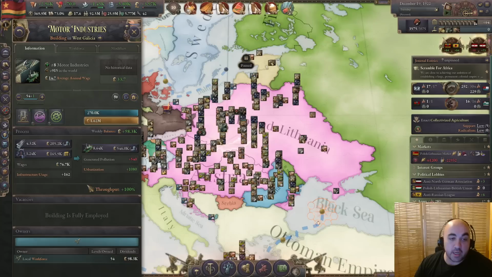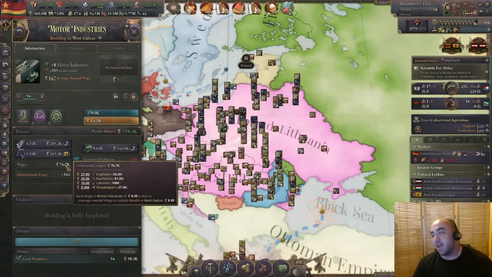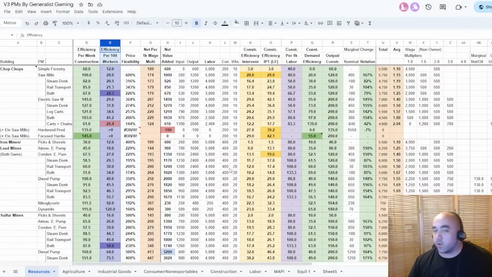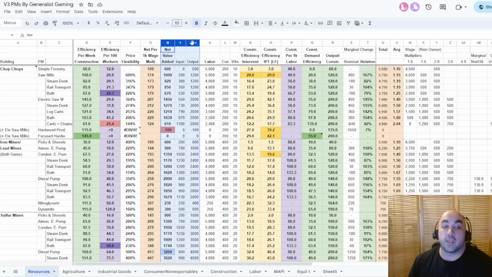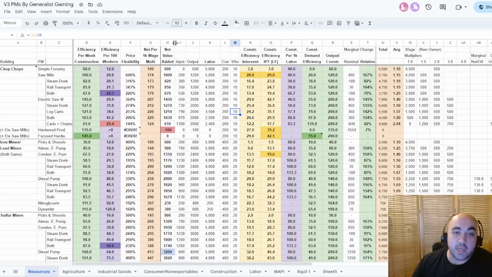And so we can see here this building is generating roughly 75k worth of value. For the spreadsheet, the way we are going to be looking at things is, the very baseline of evaluation is that we are taking a look at things from their inputs, their outputs, and their net value added, and then we are filtering this through a lens of things that we consider to be important. For the input, this is equal to the quantity of goods that are being put into